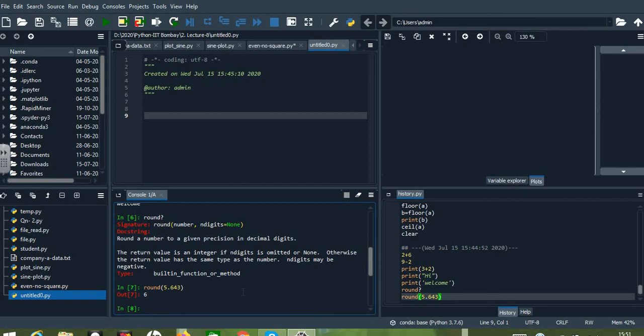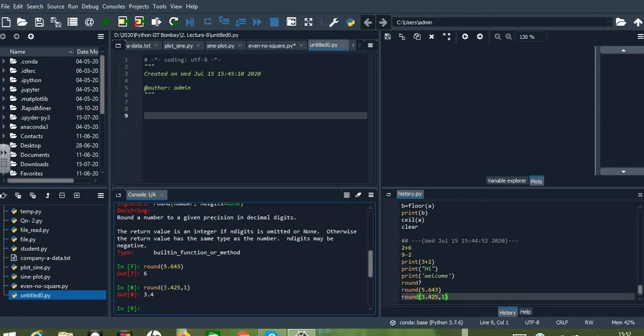And if I have round of 3.425 comma, if I give 1, then after the whole number, the first digit in the precision will be printed over here. Let me go for two digits of precision.